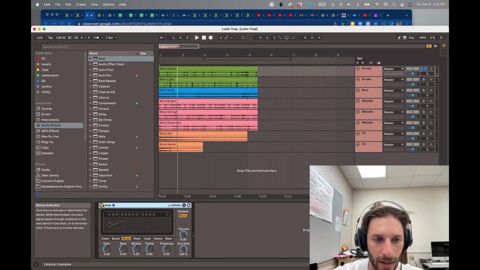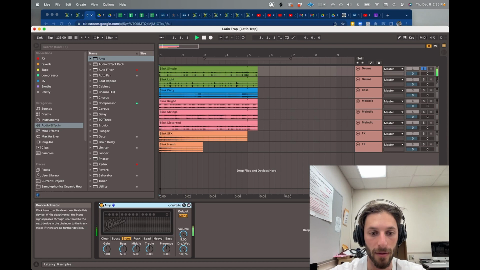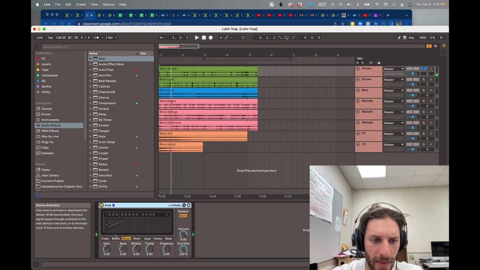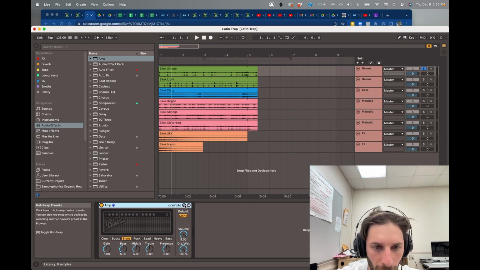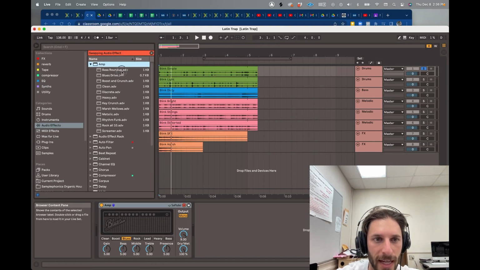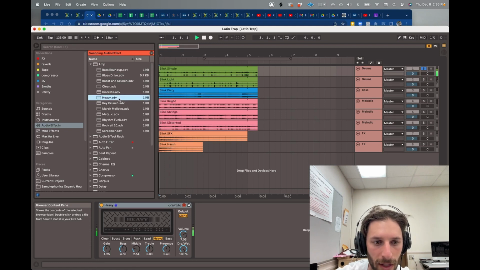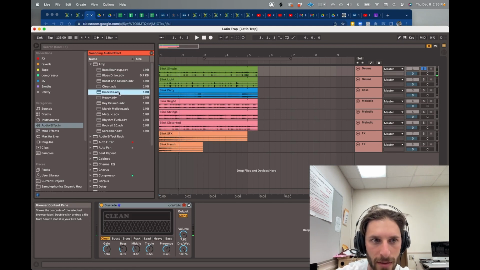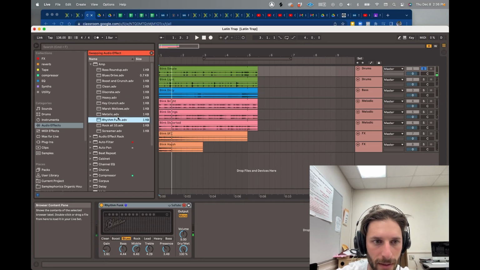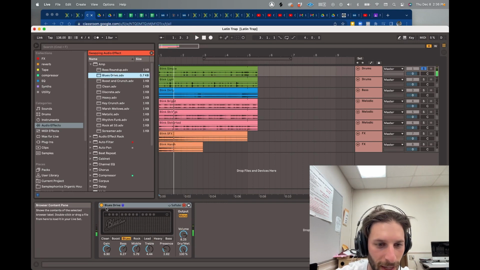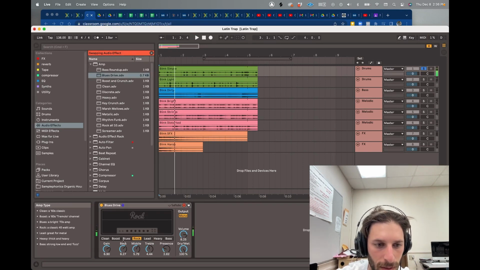So I can turn this amp on and off. Here's without it. Listen to how much louder and fuller it sounds with it on. That sounds way better. And then you can check different settings for it. You can even click this little hot swap button, and this is going to take you to some presets. So let's try heavy. We double click. Let's try discrete. Let's try metallic. Let's try blues drive. I kind of liked the default, but you can play around getting those drums nice and